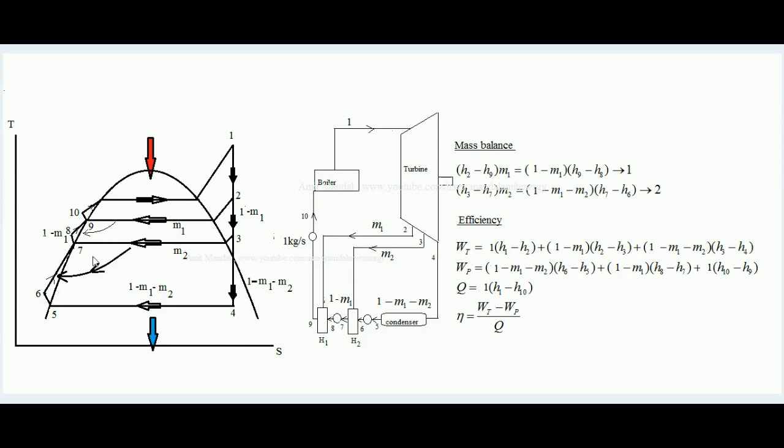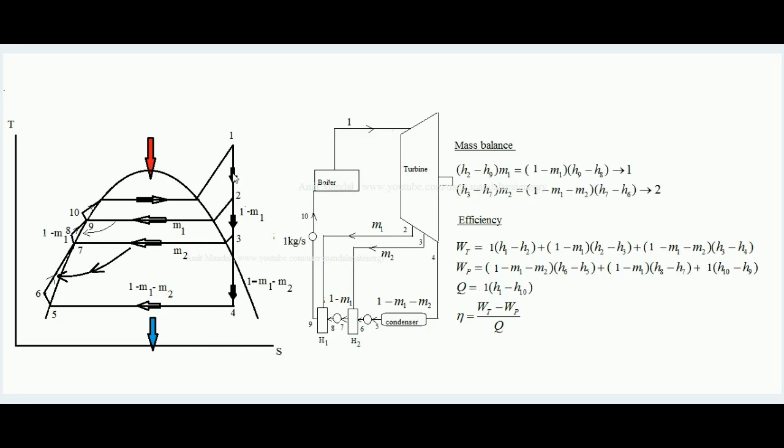Now what is the benefit? In case only one steam bleed had been used for regeneration, then the boiler load would have been between 8 to 1. But in case two steam bleeds are used, now the boiler load is between 10 to 1, since point 10 is at higher temperature in the TS diagram compared to 8. So taking the water from point 10 to 1 will need less heat energy input as compared to that between point 8 to 1. So this is how the boiler load decreases to even more levels and efficiency increases to even more levels. So not only 2, it could be 3.